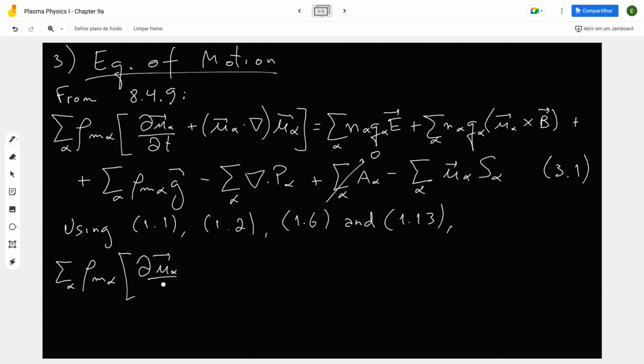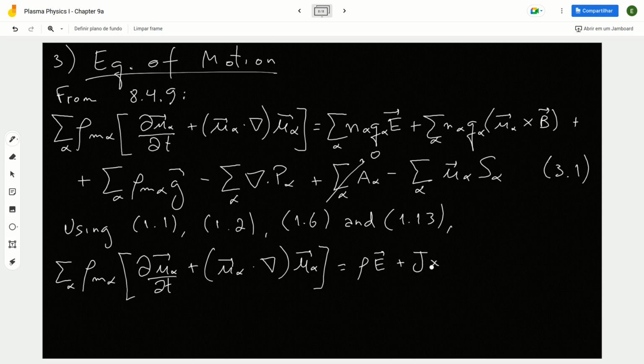Still summing here. Okay, I'll keep this sum in the left-hand side. You still have alpha particles in here. Oh, sorry, this is not rounded, this is squared, right? And in the right-hand side, now we use these equations to write rho E,